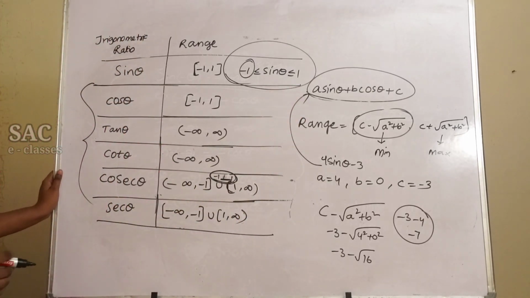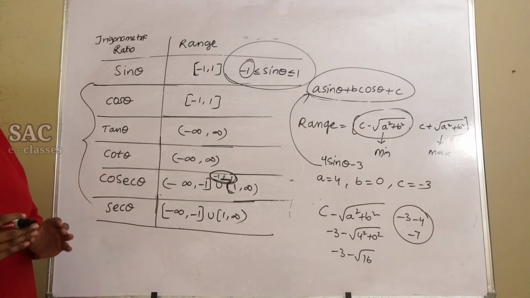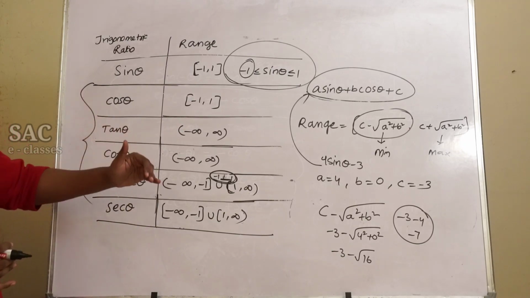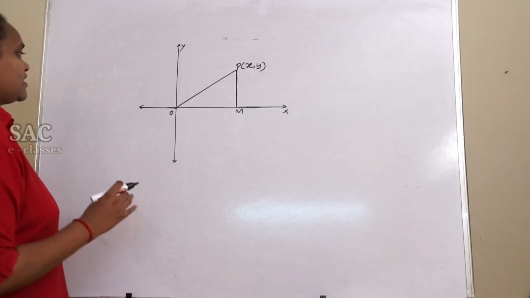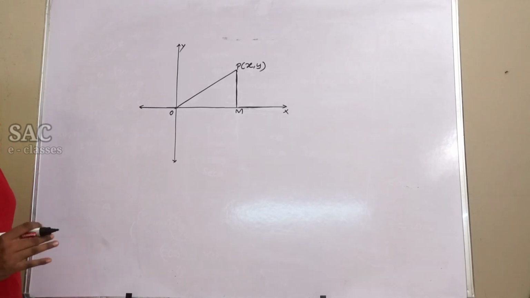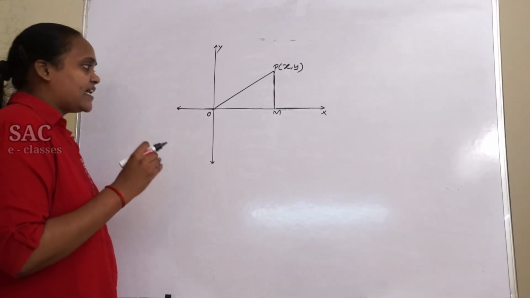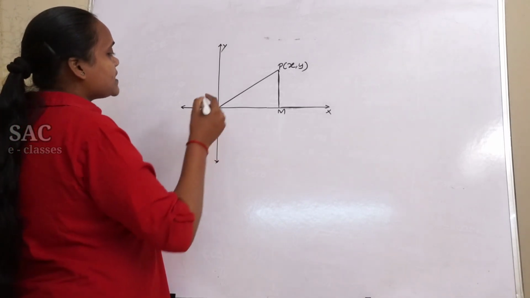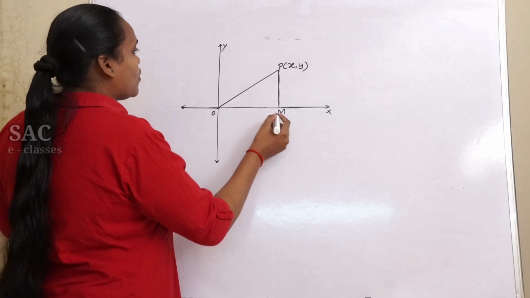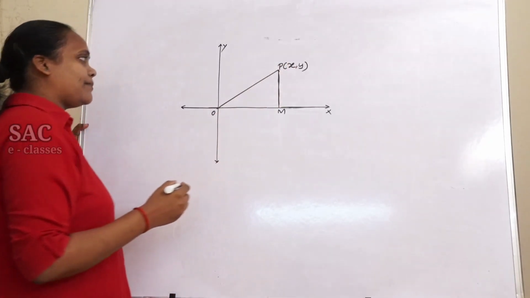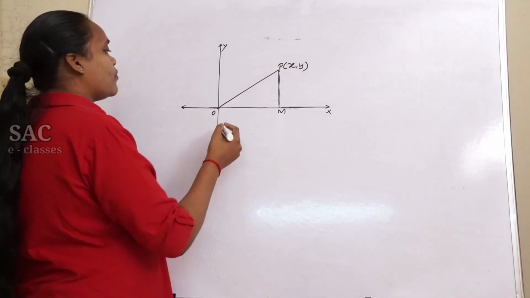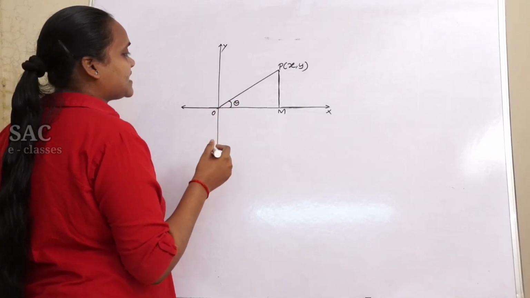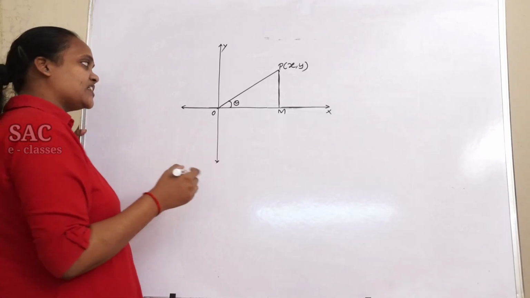Let's move to the last concept in our video. In this video I have started from the basic level, up to the trigonometric ratios, to learn about the negative angle. Whenever the angle is in a negative direction, how can we calculate its value? Simply, observe that OM and OP are the two arms of an angle POM, which makes a measure with respect to the x-axis in a positive direction of theta.